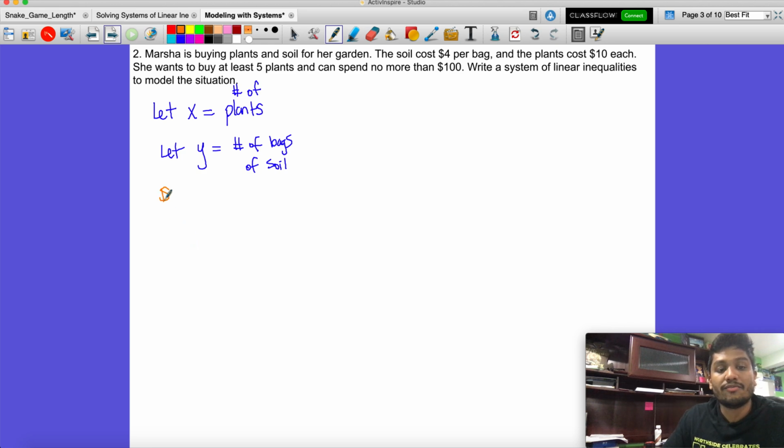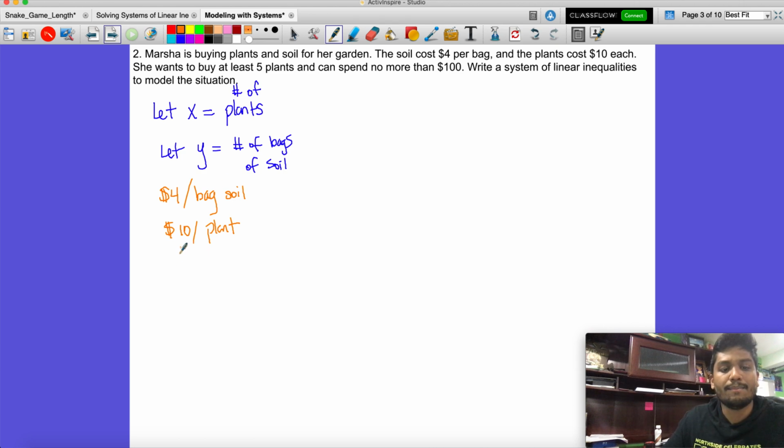We know it's $4 per bag. Per bag of soil. We know it is $10 per plant. There's a reason why we're taking the time to write down this information. Okay, she said